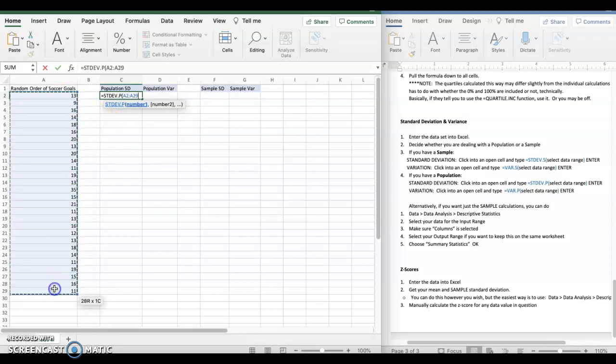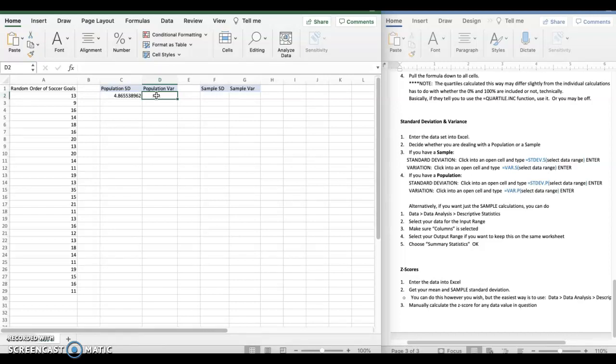Highlight your data range, close it up, and hit enter. So there's my population standard deviation, and you can write that down on your worksheet if you want to. I'm going to keep a couple decimal places. I'm going to call that 4.87. Okay, and then for the population variance, we want to hit equals